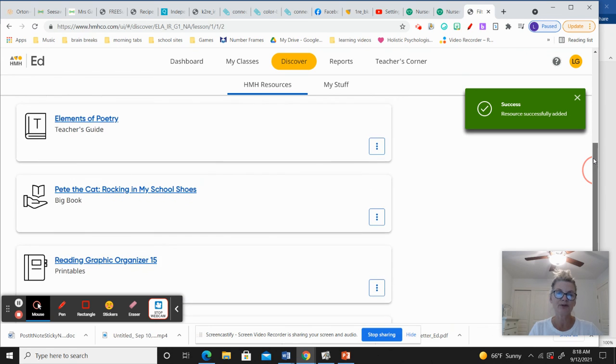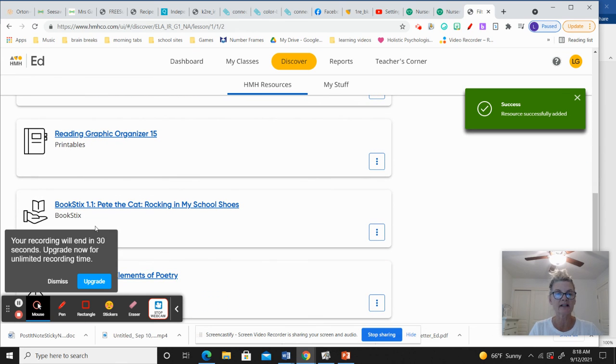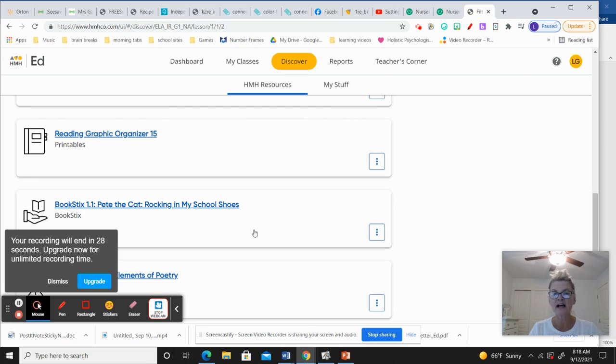If you haven't, and I'm sure you all figured this out too, book sticks are so great to have with all of your big books. There is a way that you can take your book sticks and print them out onto Post-its, and you can come see me if you want to do this. Post-its, that's why they're called book sticks. And you stick it right on the book. So when I go to take out my Pete the Cat, it's right there. It's so great because it walks you through the book. It asks you questions that